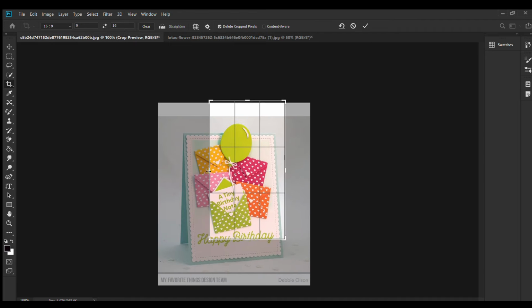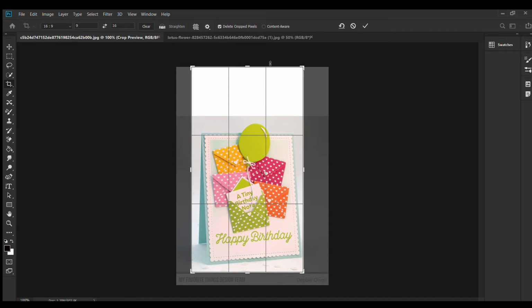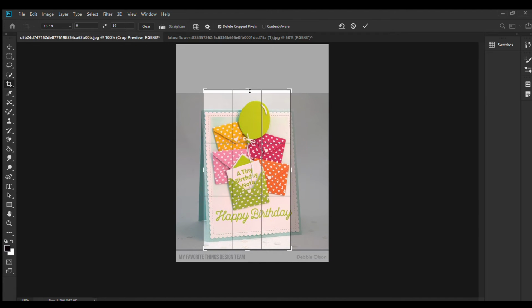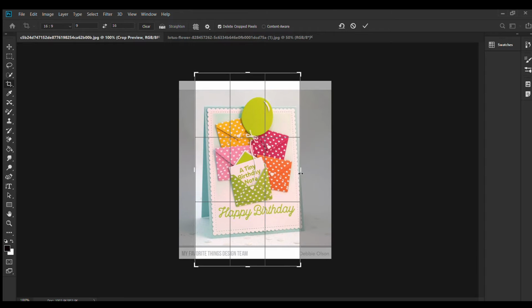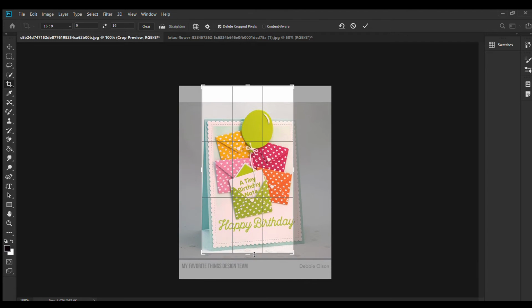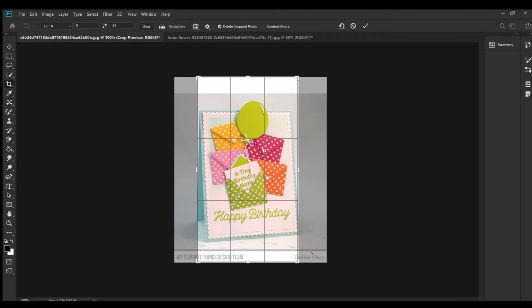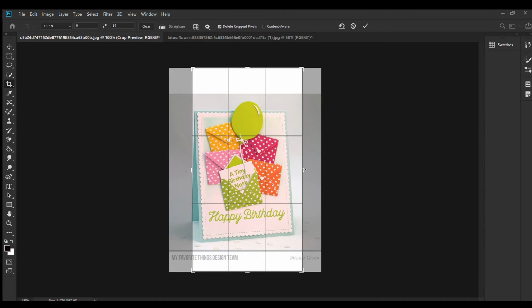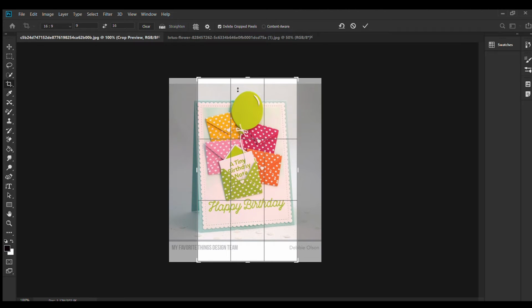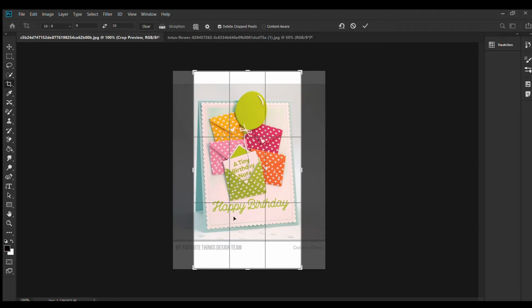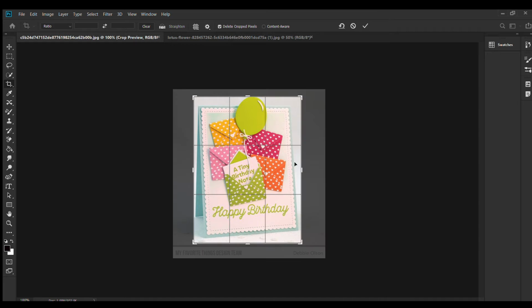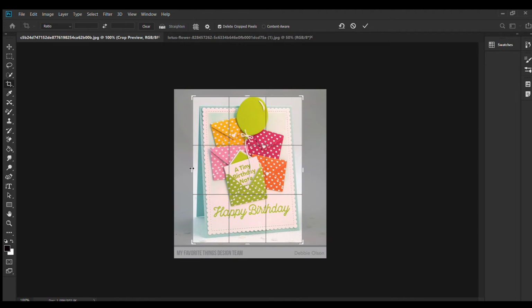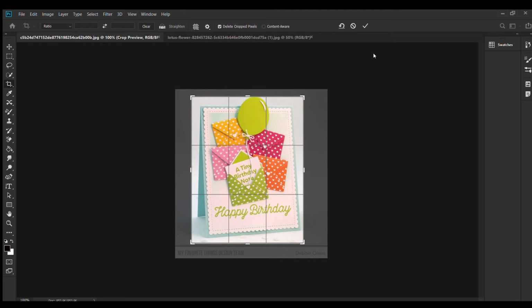This is the frame of the crop tool, and you can adjust it according to your image. That's right, because there 16 by 9 was selected, it was taking only that much. Now we have selected that we need this much part of the image. OK, done.